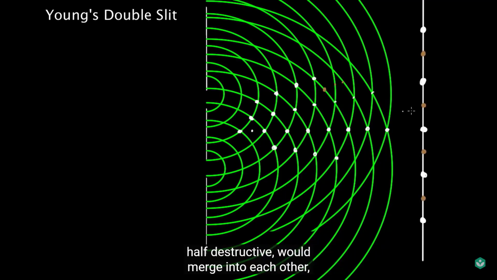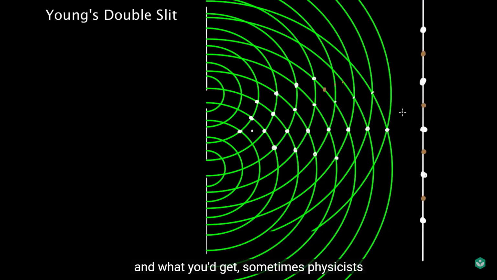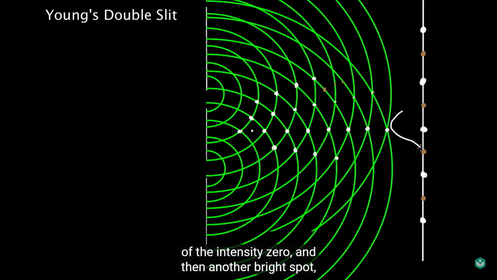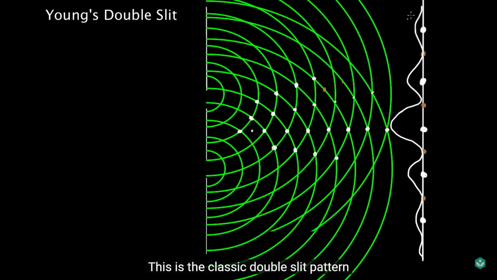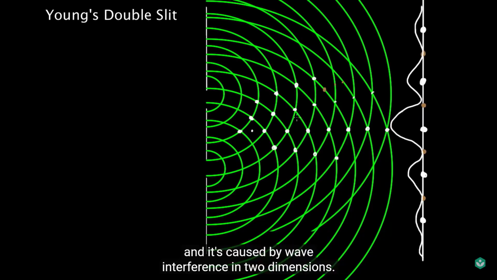It would merge into each other, and sometimes physicists draw a little graph to represent this. You get a bright spot in the middle. This is sort of representing a graph of the intensity. 0, and then another bright spot, and then it goes down to 0 again, another bright spot. They get weaker and weaker as you go out. At some point it's hard to see. Same on this side, 0, bright spot, 0, bright spot. This is the classic double slit pattern you'll see on the wall, and it's caused by wave interference in 2